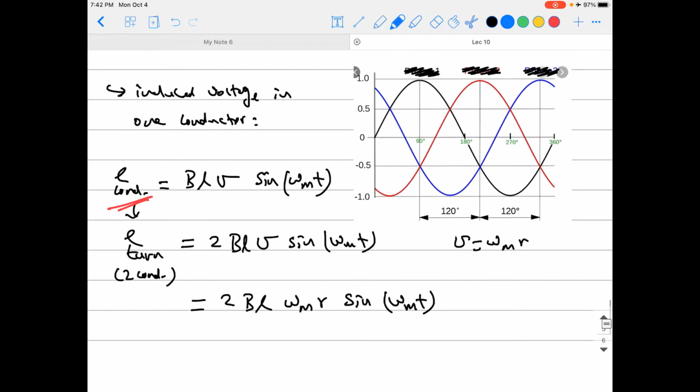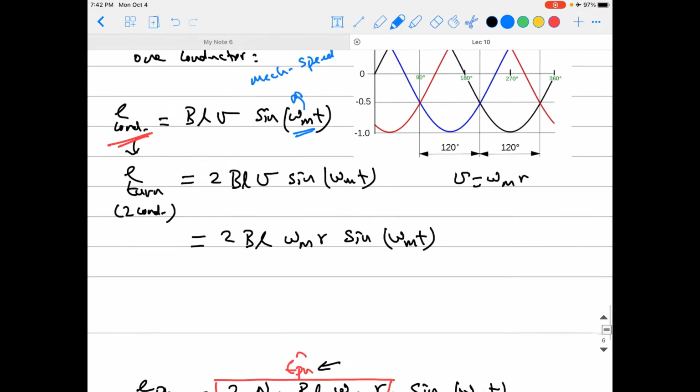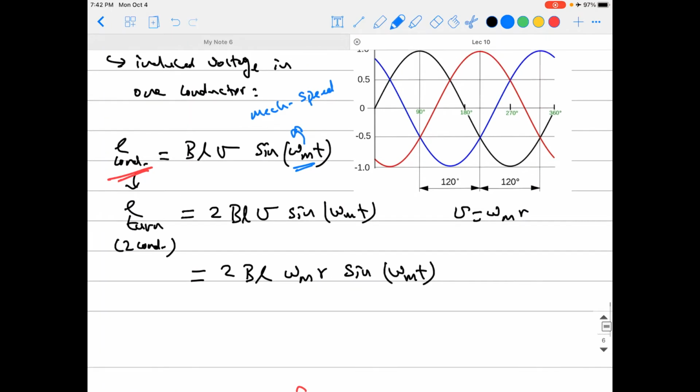So it's a sinusoidal wave like you're seeing here, so it's BLV sine omega mt, and omega m is the mechanical speed of rotation. Why am I saying that? Because I will be modifying this in a little bit. So for this, it is BLV sine omega mt, and E turn would be like that. I'm saying 2 BLV because the turn has 2 conductors, so it's basically doubling this value, so it's 2 BLV sine omega mt, taking V by its rotational form, omega m r. Omega m is the mechanical rotational speed in radians per second, okay? So keep in mind that is the mechanical speed,